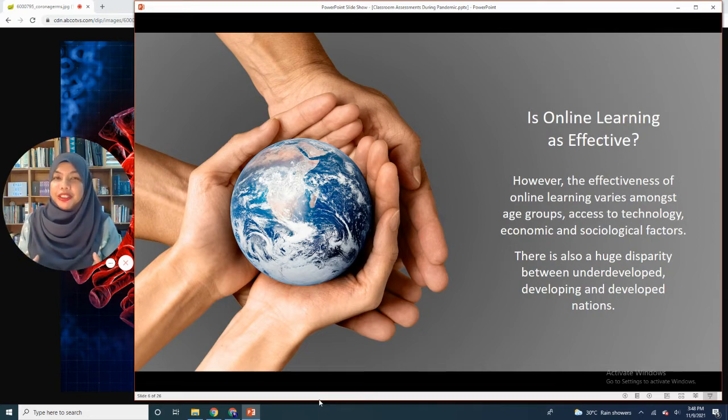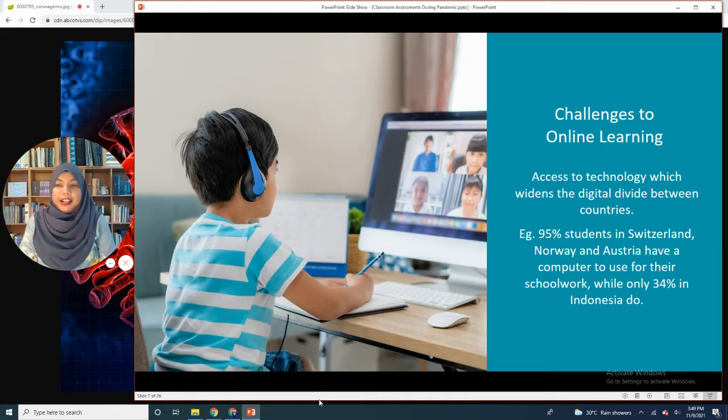So different countries have different exposure and different challenges to online learning. For example, between underdeveloped, developing, and developed nations, there are significant differences in the success and effectiveness of online learning as well as e-assessment. And of course, as I mentioned, different countries have different coping strategies on how to continue with their teaching